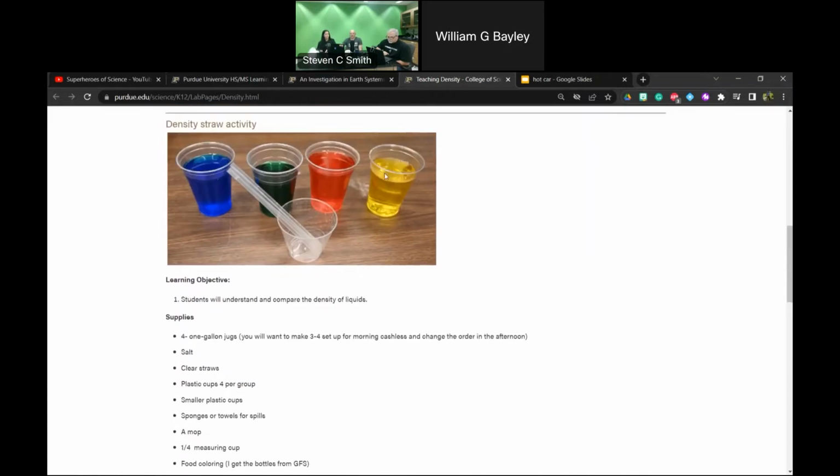And so now I've mixed this up in gallon jugs. It takes about 2 gallons per class usually, and I'll explain why. And I do these in groups, so I have 3 or 4 students in a group, depending on the size of the class. And so I'll have a gallon of yellow with no salt in it, a gallon of, let's say, red with 1/4 cup, 2 1/4 cups, 3 1/4 cups. Dump, easy, you don't have to think about it. And then I'll have another cup where they can dump things in if they have extra. I call it the dump cup.